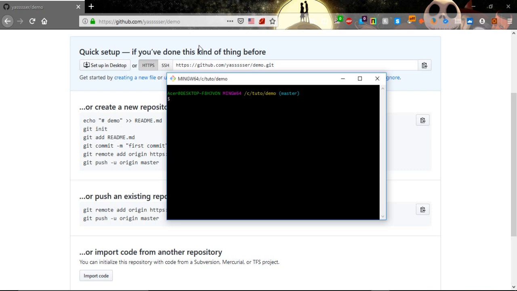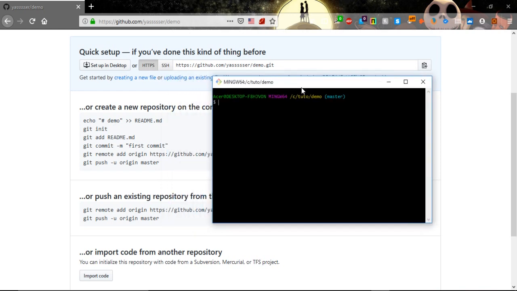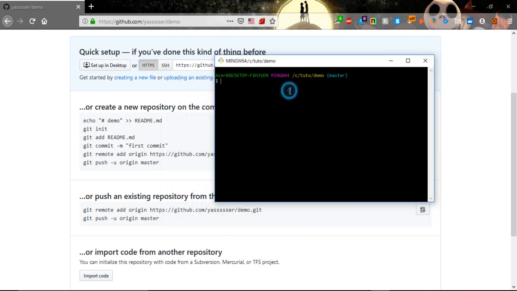So in this tutorial we will look at a problem in pushing. After you push your local repository to the GitHub repository, there will be two scenarios. The first, that everything goes okay and everything pushes correctly, and second, that Git will give you some error. It's like this. So first let's check if we are still connected to the Git repository